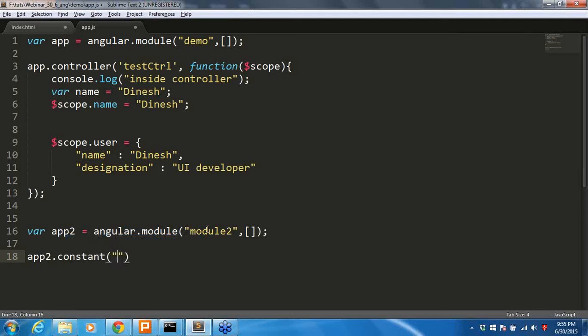Constant is also one of the features available in AngularJS. I'm going to create a constant name equal to Dinesh, so this variable will be passed. I created a module, so you can use this module as a dependency of another application. Now we have injected this module into another module, and right here you should be able to access this constant. You can pass the constant as one more dependency injection to the controller as name. Right here you should be able to access the name, so if you type the name, it will give Dinesh. This is how we will be using multiple modules in our application, and you can inject a module within another module.